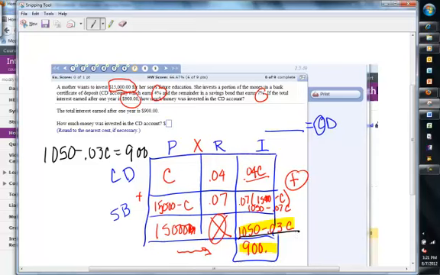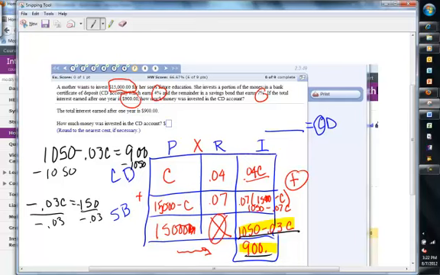Those two boxes always are equal. The adding down box is equal to the multiplying across box. So if we subtract 1050 from each side, we get negative 0.03C equals negative 150. Divide both sides by negative 0.03,